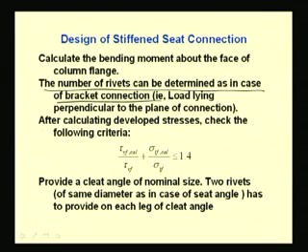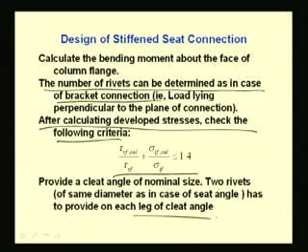After calculating the developed stress, we have to check this criterion: tau Vf cal by tau Vf plus sigma Tf cal by sigma Tf should be less than 1.4, and provide a cleat angle of nominal size. 2 rivets have to be provided on each leg of the cleat angle. So, in summary, what we are seeing,